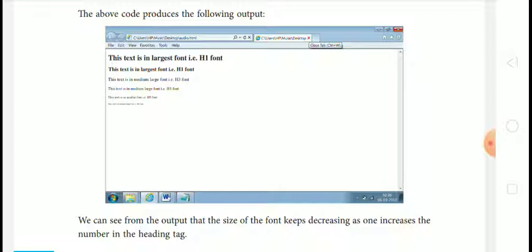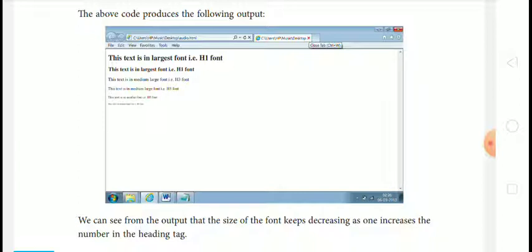So when we have written the heading tags and run the web page, it shows like this. See the first statement, this text is in the largest font, H1. So this is the largest text.